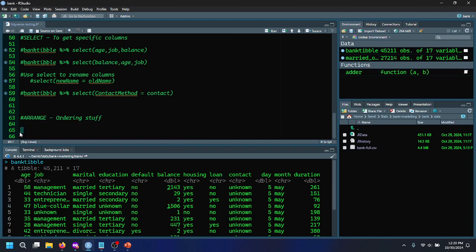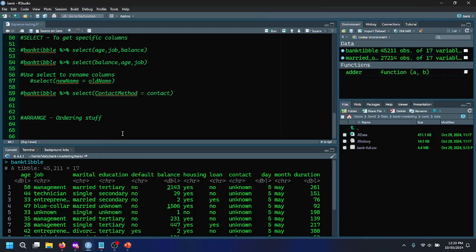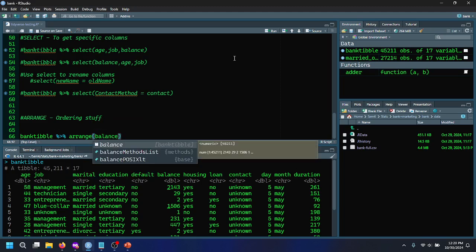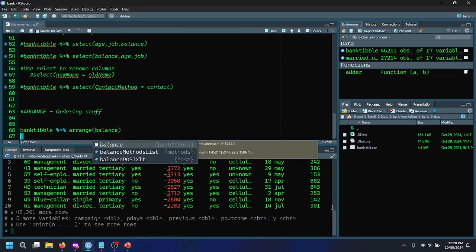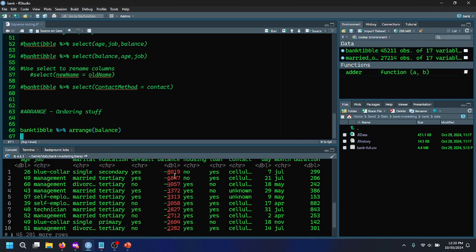Let's try this with our bank data here. So bank tibble, arrange, balance. Run that, and wow, see that we have someone with negative 8,000, and every row we're getting more and more